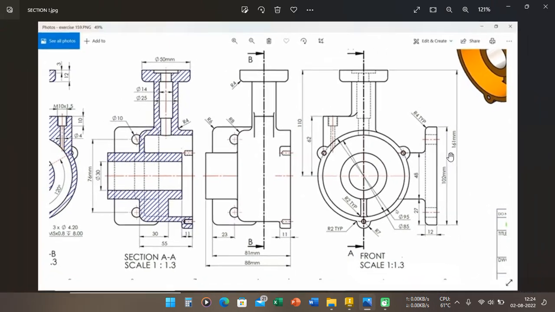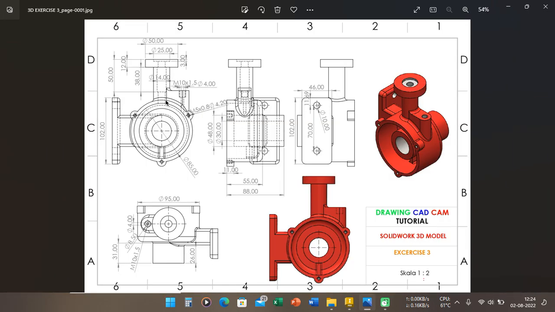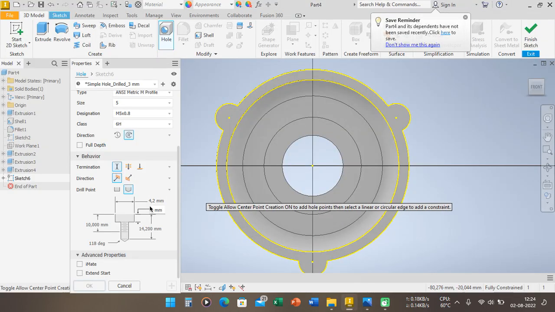Wait a second, we can see again on this sketch. After that we can change here the total length from the head of this counterbore, which is 5 millimeter,